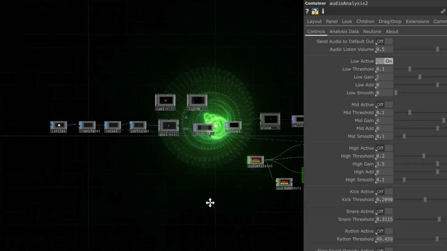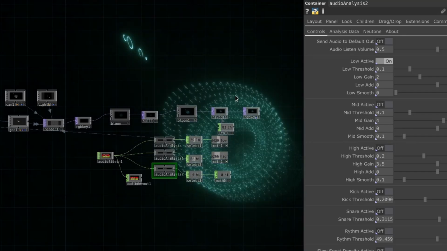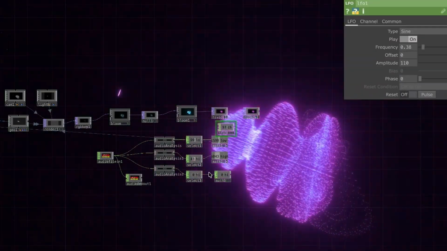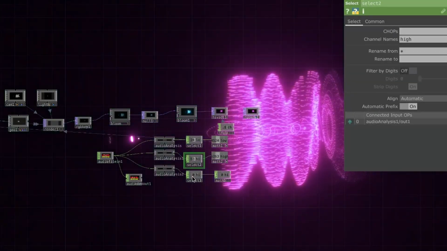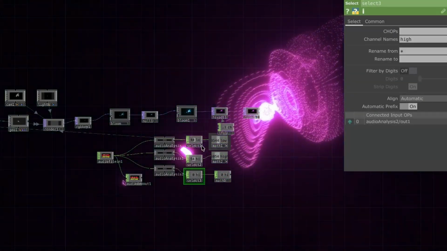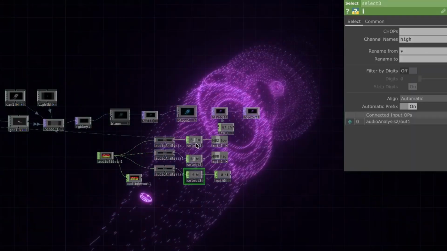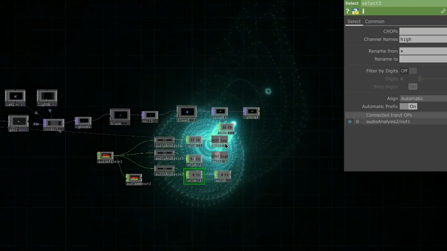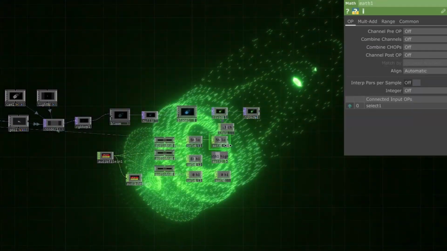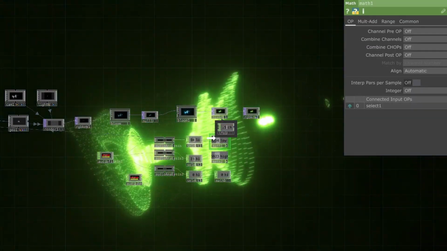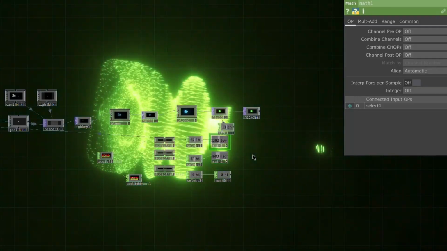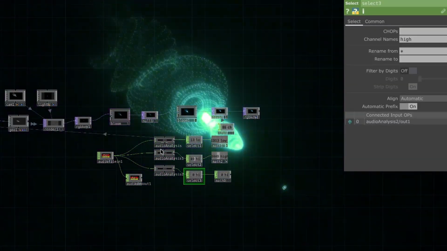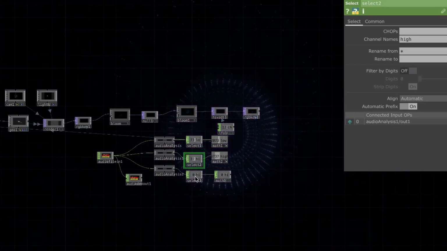We use the math one here for the noise, and we are using this LFO for the hue offset, and select is used coupled with math. So first of all, analysis is coupled with select, and then it is coupled with math, and then these values are used. And to use this value, first you click this, and you simply drag this and put it in the value. So that is how you basically use this metrics.